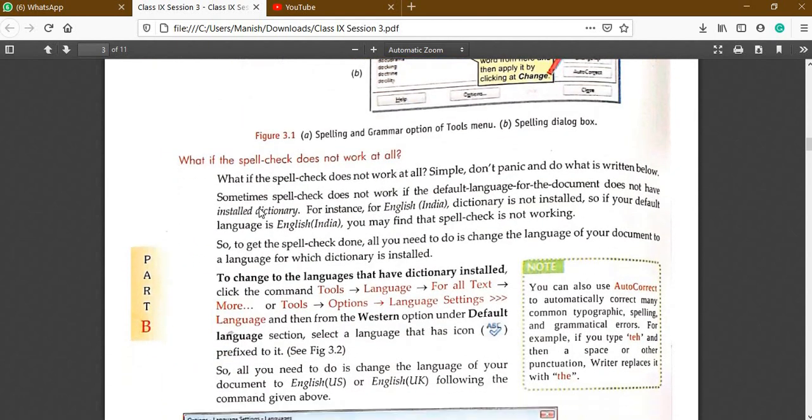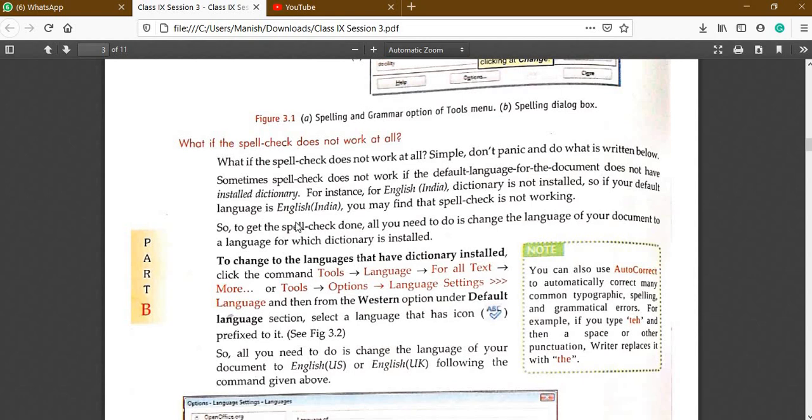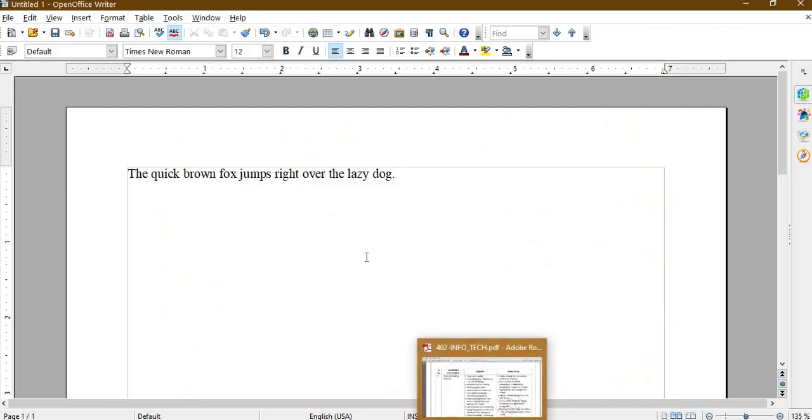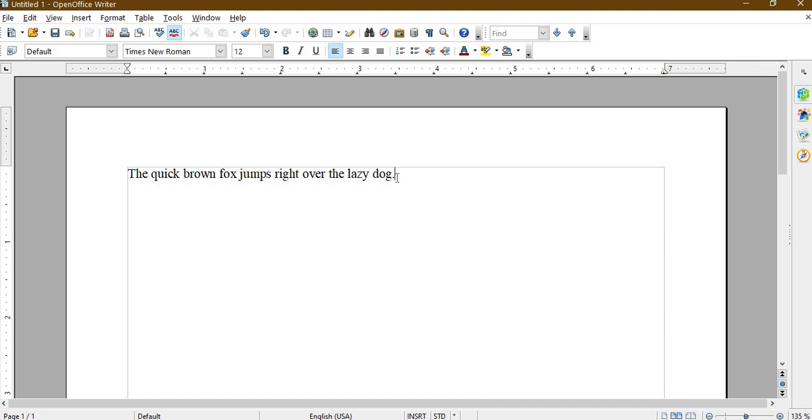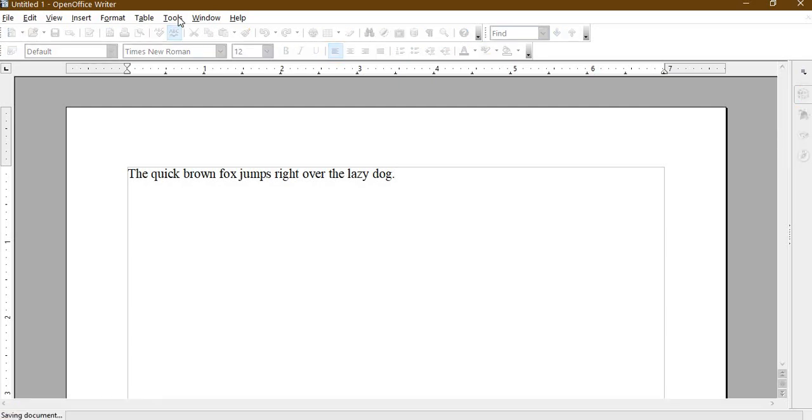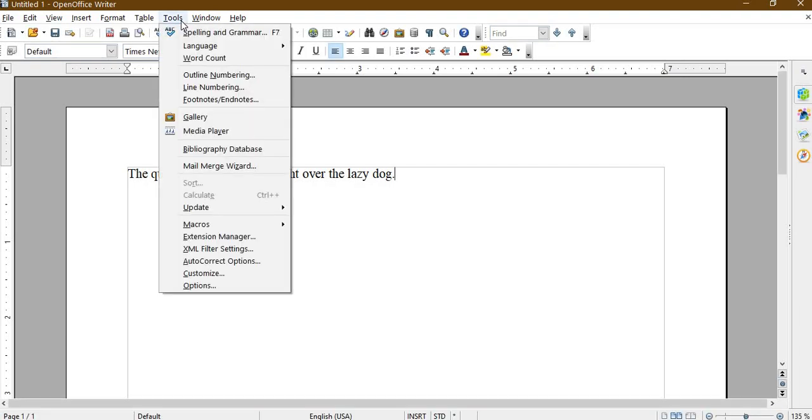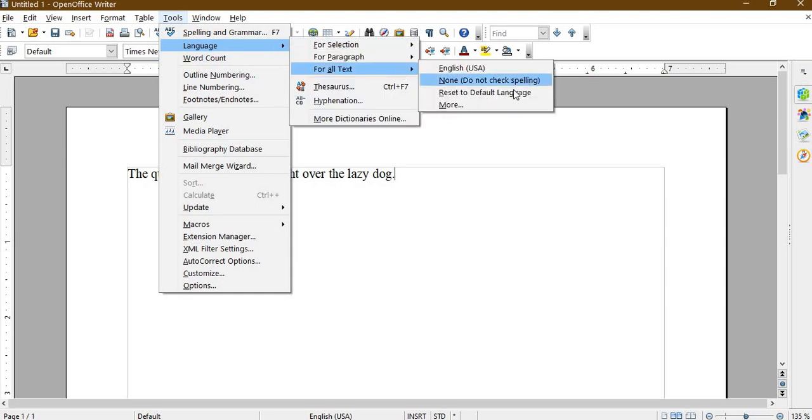Next is, what if the spelling check does not work? Suppose you are typing and your spelling and grammar check is not being checked. So what to do? In that case, you need to check whether your language is selected for spelling and grammar check or not. So how will we do it? Go into Tools and then go into Language, for all text and more.